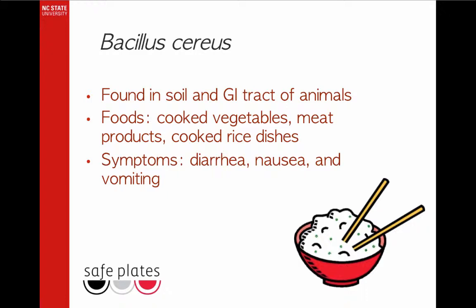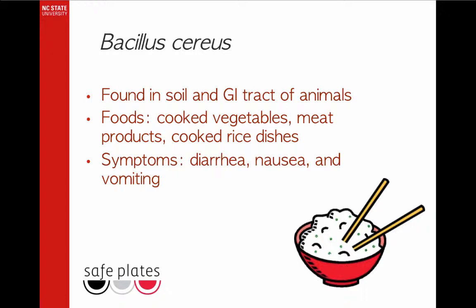Bacillus cereus is a similar type of bacteria that we worry about. It is also found in the soil and the gastrointestinal tract of animals, but is much more prevalent in cooked vegetables and cooked rice compared to other spore formers. It is also seen a little bit in cooked meat products. The prevalence of